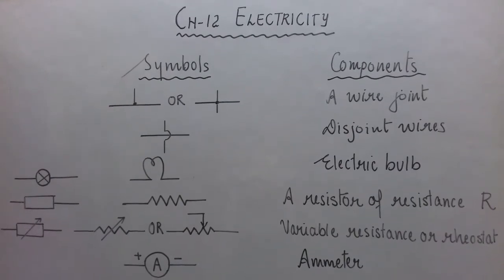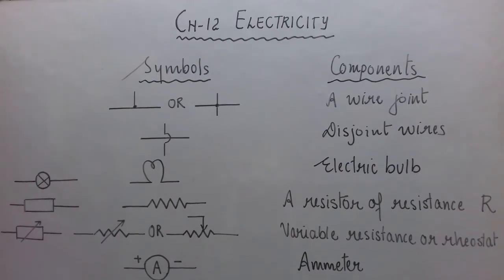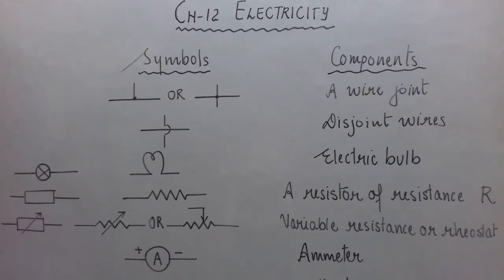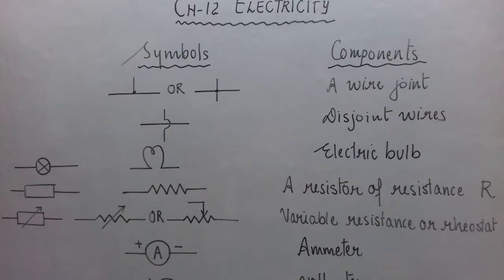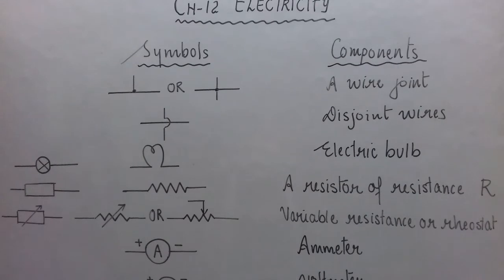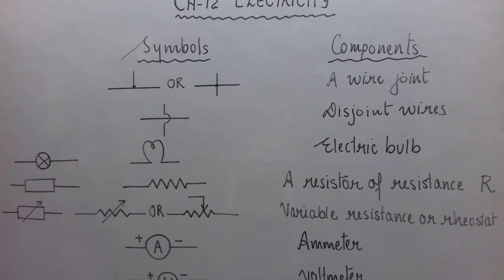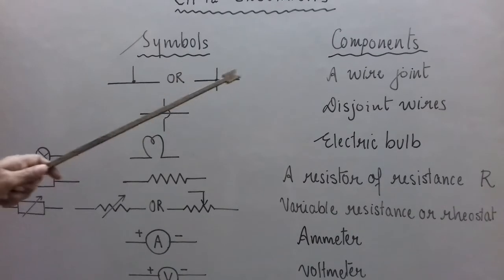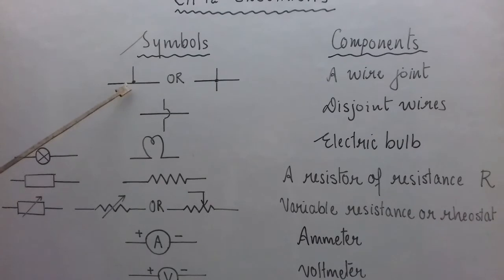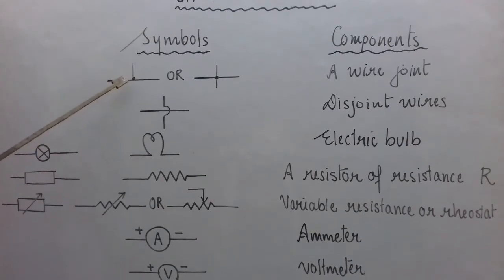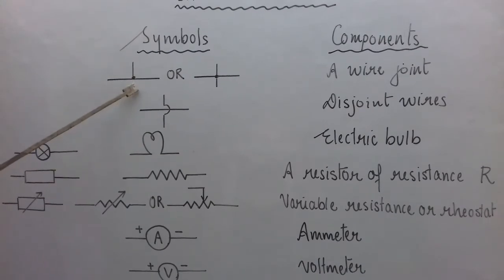Now you know that in any circuit we have many wires. So when you draw the circuit diagram, the wires may be overlapping. Whether they are joined or just overlapping, that should be differentiated. There should be a difference between two wires when they are just overlapping without any joint and when they are joined. So here we have a symbol for a wire joint. Here this dot shows that these two wires are joined. Depending upon the circuit, we can use this or this symbol to show that the wires are joined.